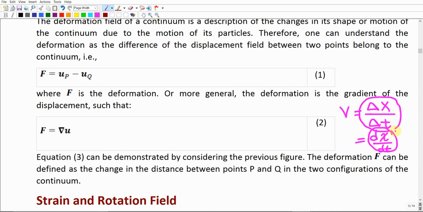This is like a discrete function. This is like a continuum. This is like a discrete system of particles. Make sense? So if we defined here,